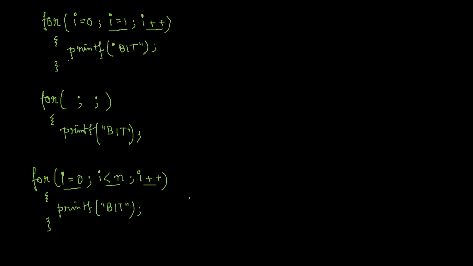That means writing a for loop in this way is equivalent. Say I don't want to write I equal to 0 over here. If I don't write I equal to 0, then it is not going to work properly, because we have seen that in case of a for loop you must initialize your loop variable with some value. That means you have to initialize I with 0 or 1 or whatever. But if we don't want to write it over here, I can place it over here.